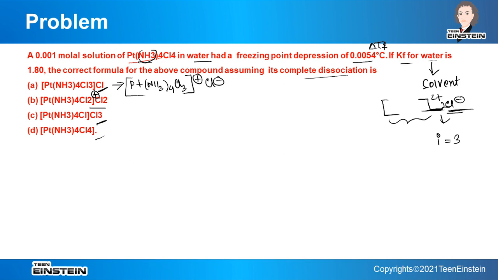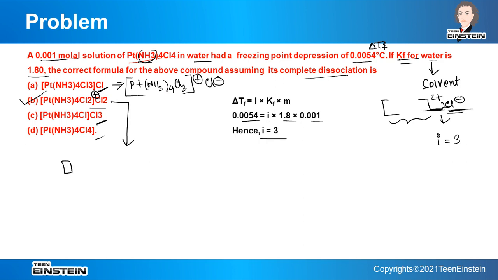Now for determination of the i value, we need the molality, the Kf value and the freezing point depression. These three things are given, that is del Tf value, Kf value and molality. So we can easily find the value of i. Here in place of del Tf we have written 0.0054, i is unknown, Kf is 1.8, molality is 0.001. So here the i value is 3. That means which option will be correct? It will be option B, because when it dissociates we will get Pt